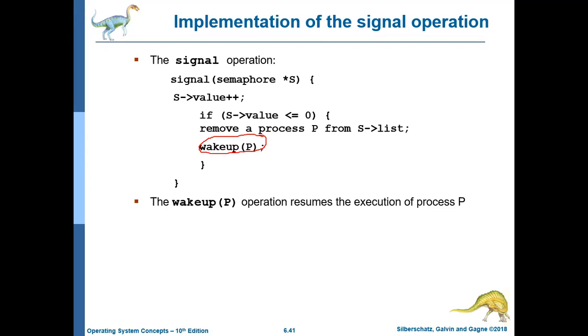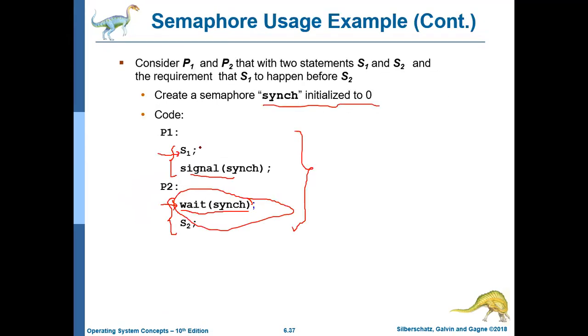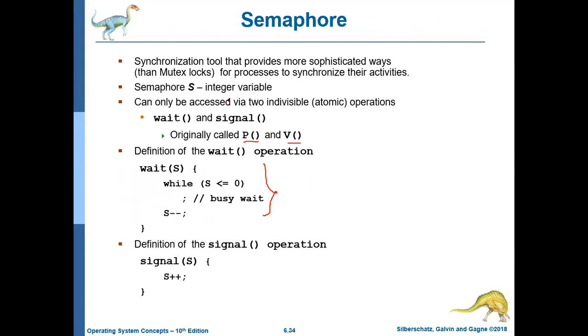So I can tell you in similar words that you have to modify the wait and signal operations. In the wait operation, you have to remove the while loop where you are busy waiting. If the semaphore value is less than 0, then the process will be suspended. Else, in the signal part, you write a wakeup call that will awaken the processes that are already sleeping in the waiting queue.